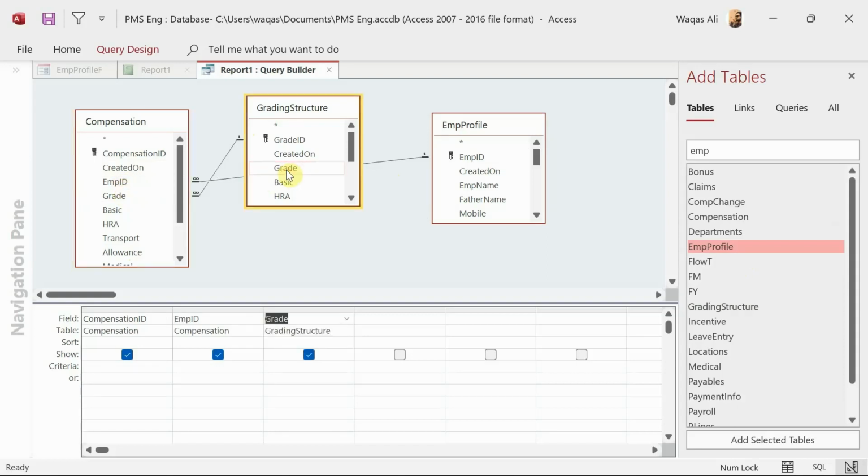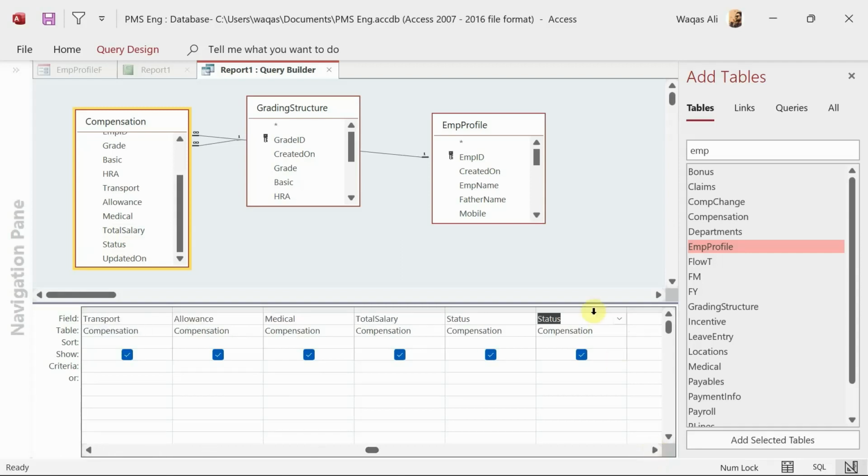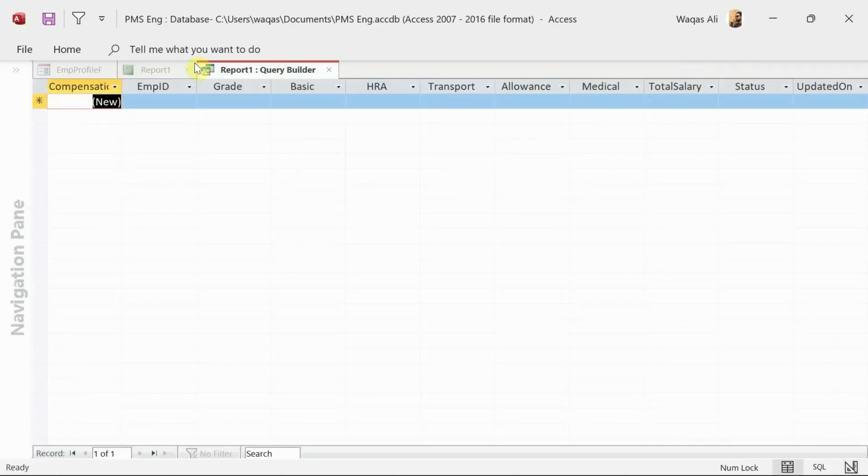Then I'll get the grading information, then I will have the basic salary, HRA, transport allowance, medical, total salary, status. Did I select status twice or once? Twice. Next I will get updated on. Right, so this is the information I need to have in my report